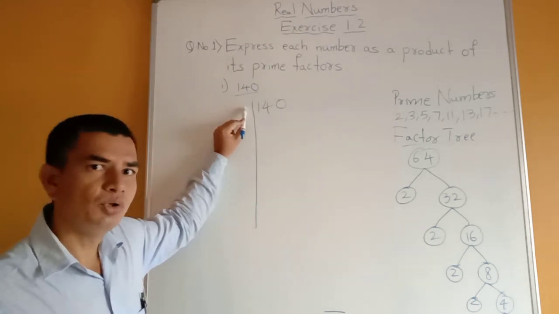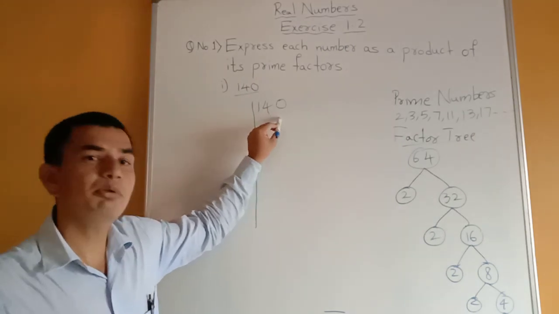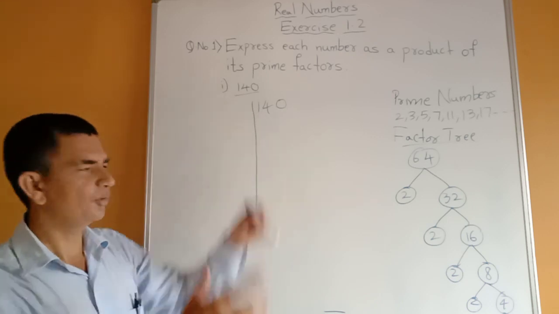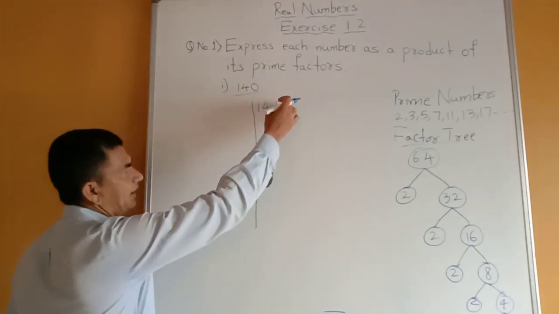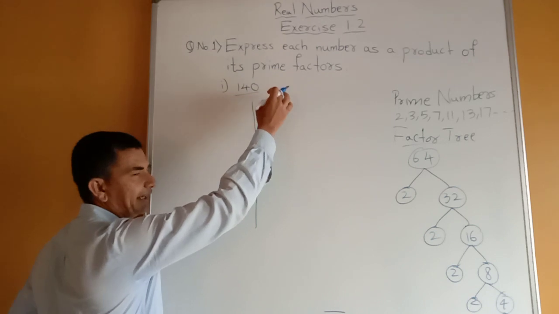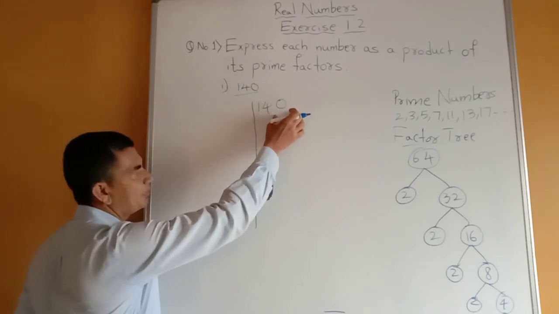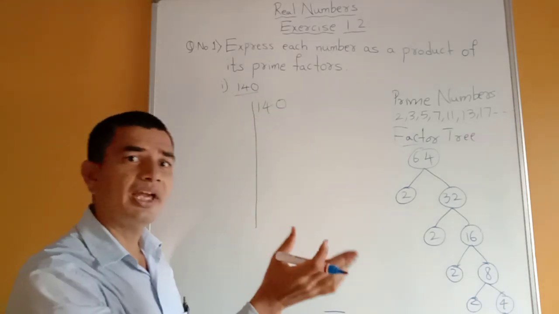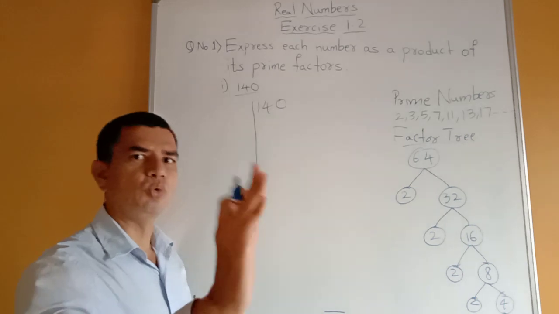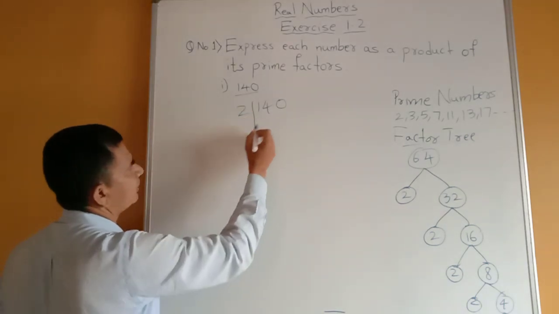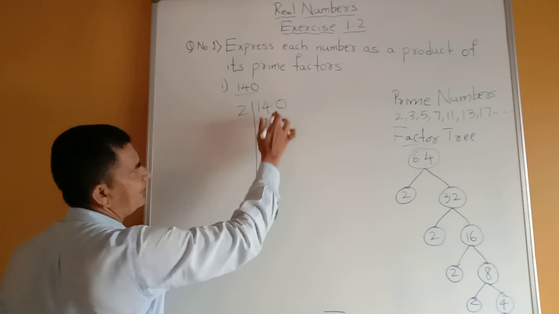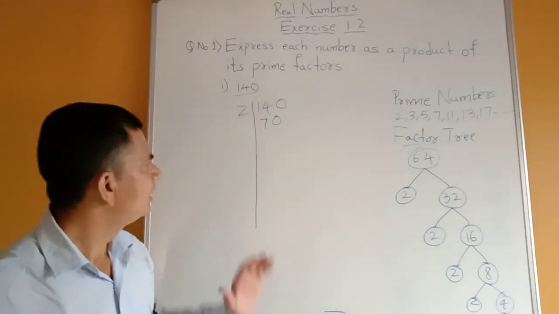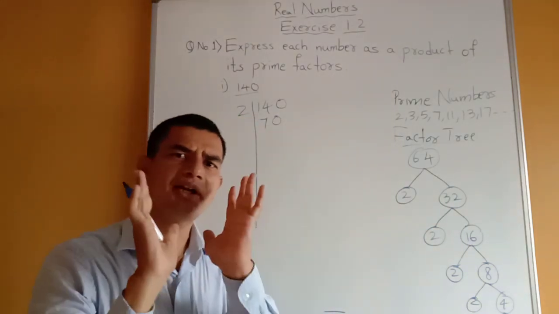We can say it is 2. If the number is not divisible by 2, then we can go for 3, 5, etc. Now see here, if at the end of the number, the unit place, the digit is 0, 2, 4, 6 or 8, then we can divide by 2. So we can take 2: 2 sevens are 14, and 0. So 2 seventies are 140. Okay friend, now again 0 is there, so we can take 2.